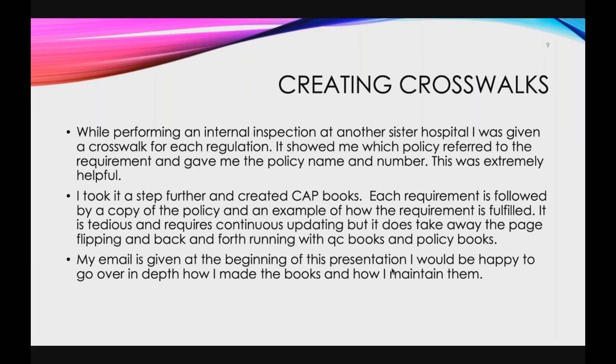Then I took that information back to my lab, and what I did was I created what are called CAP books. Every requirement, as soon as the new year of the requirements comes out, they're updated. I print out each requirement on its own separate paper. It's followed by how I use a policy and an example of how I fulfill that CAP requirement. It is tedious and it requires continuous updating, but it does take away from the page flipping back and forth